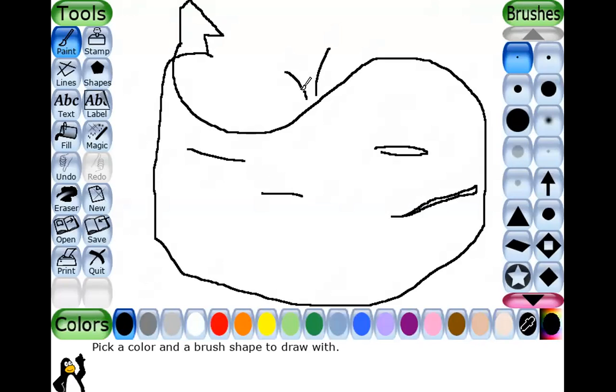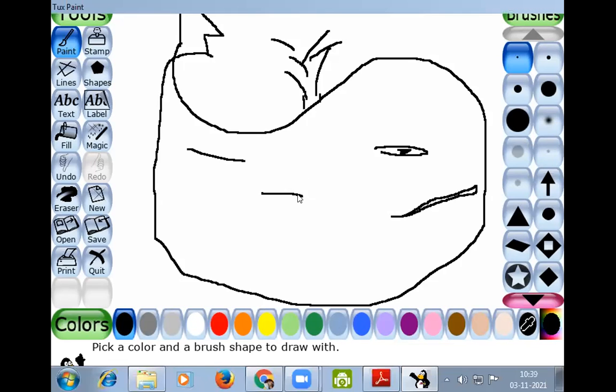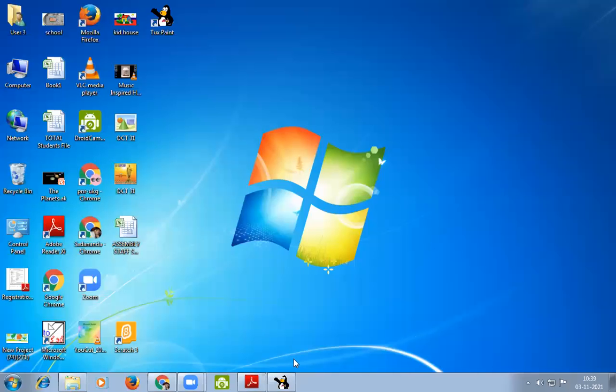In this way we can draw something here. So this is known as the drawing canvas.